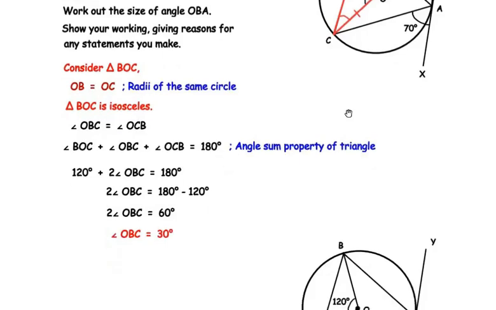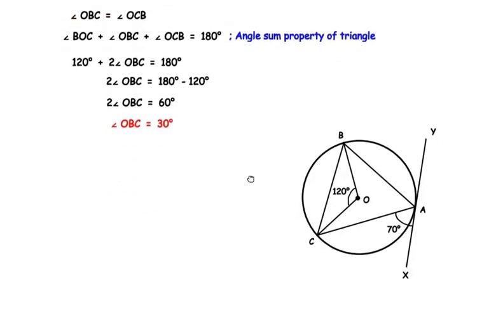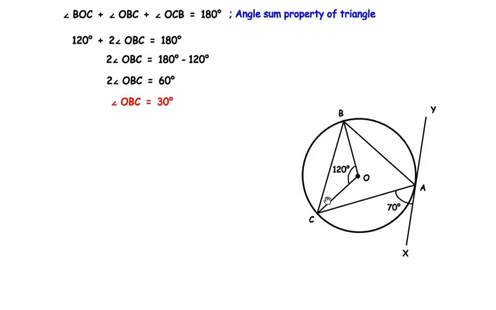Now I have considered the same figure over here for easy reference. Now once we have got the value of angle OBC, let us focus on the tangent XAY and the chord AC. Now the chord AC touches the tangent at point A, and this chord divides the entire circle into 2 segments. This is the small segment, that is minor segment, and this is the larger segment, that is major segment. And we can see that the chord has made an angle of 70 degrees with the tangent at the point of intersection, and the same chord has made an angle in the alternate segment, that is in the major segment